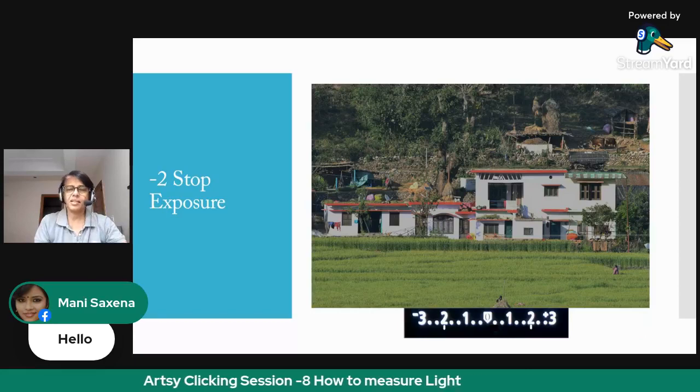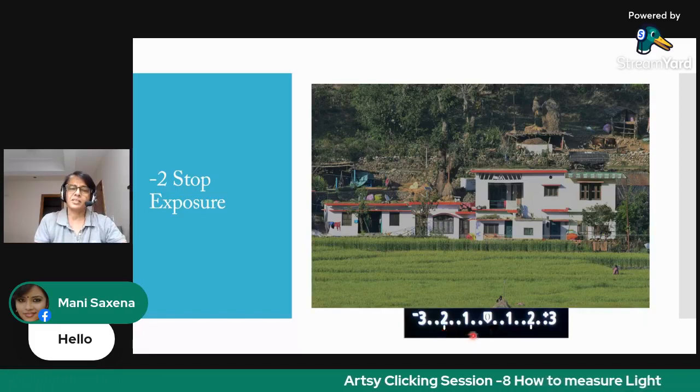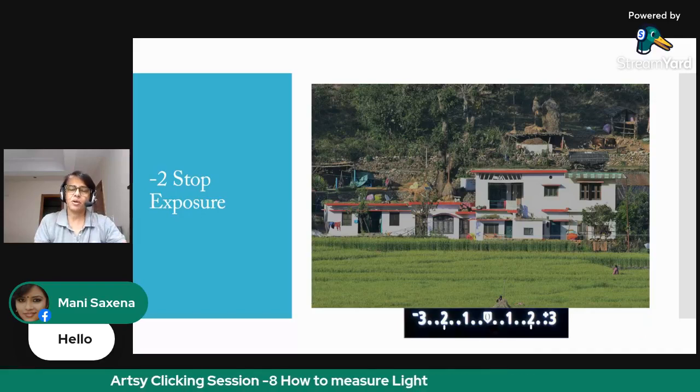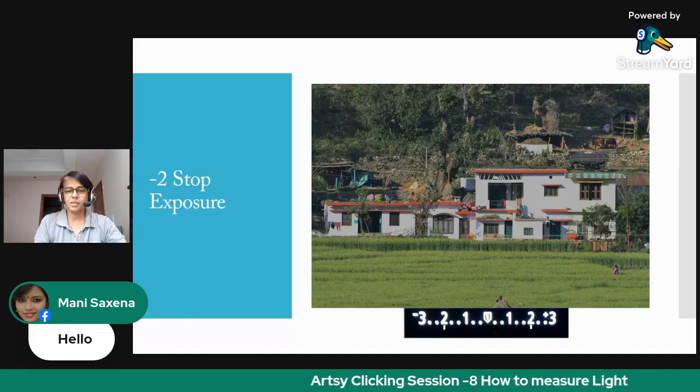So devote time and look at your light meter while shooting to get that cursor at 0. And if you don't get a perfect shot and it looks underexposed or overexposed, you can always shoot at +1 or -1.